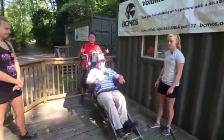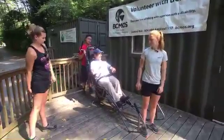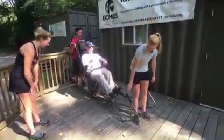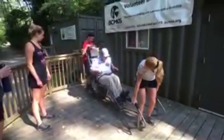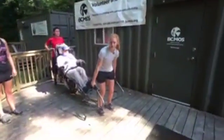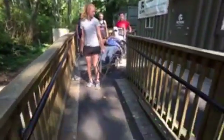Yep. So we're gonna hit the trail now. Enjoying nature, so if you want to stop and eat lunch or look around, that's where I can be on the kickstand and know that I'm not going to fall over and be safe. So we'll take it off the kickstand here, and it's just the opposite. So I'm gonna pull forward, and Colin's just gonna let it down very gently so it's nice and smooth for the client. The kickstand will flick up, and then we are ready to go. So we'll walk down the ramp here, and